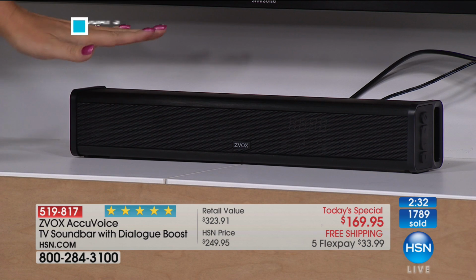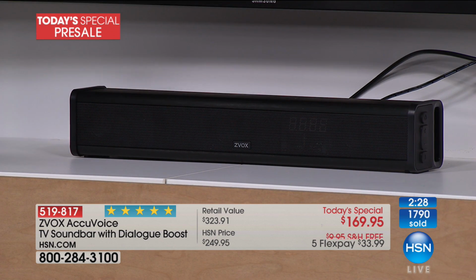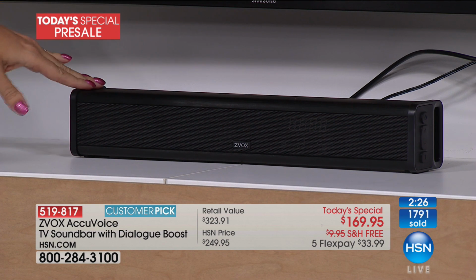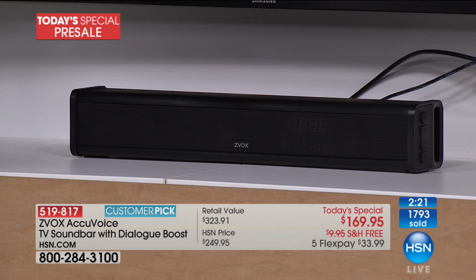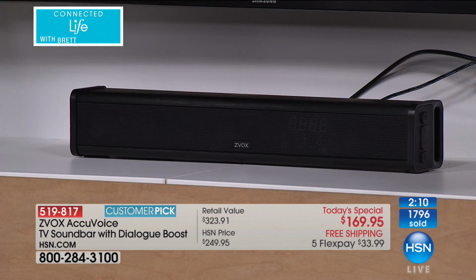So total disclosure, I got one sample to play with because I knew I would be out here talking about Zbox with all of you. I went back and bought 2 more. So I bought one for my other television set, and then I bought one for my mom and dad. And my mom and dad loved it so much on their living room TV, they said, we need another one. I haven't bought the one yet because I was waiting for today's special price, because this is the best price we've ever done. And I will say that, like a holiday gift, if you've got...